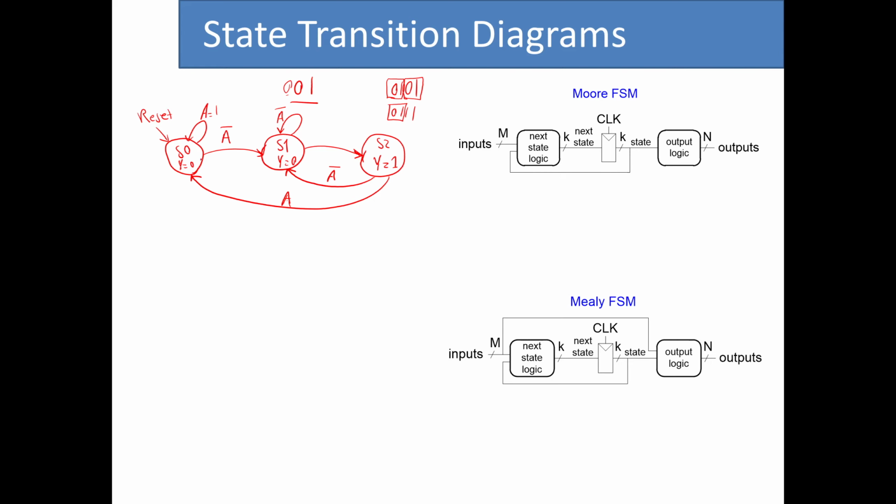Again, we use circles to show the state, we use arcs to show the transition. On top of the arcs, we provide the inputs, and inside the circle, we provide the outputs too. So now let's just see what we need to do to come up with the state transition diagram of the Mealy FSM. So I start from the same initial state,